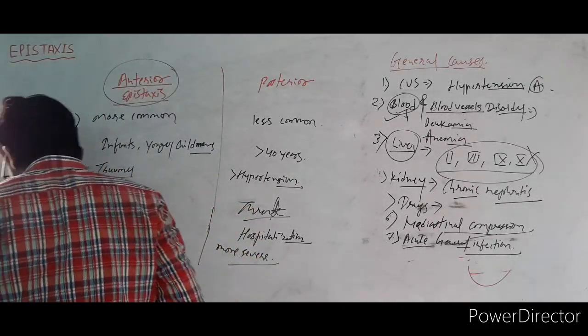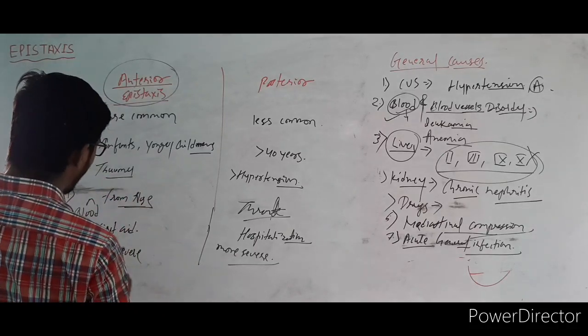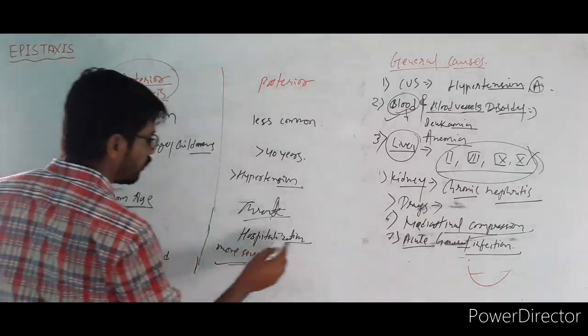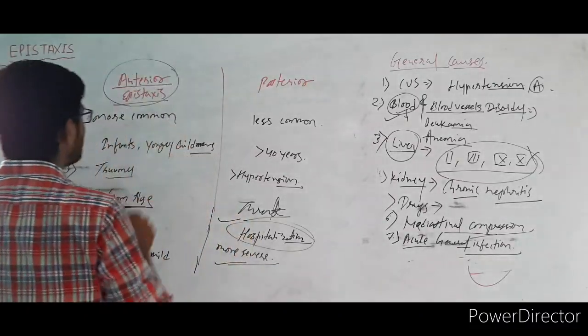Okay, so age group we have discussed, and the bleeding. Here is a mild bleeding, and here is profuse bleeding. Okay, so we want hospitalization. The patient should be hospitalized, right? So these are the